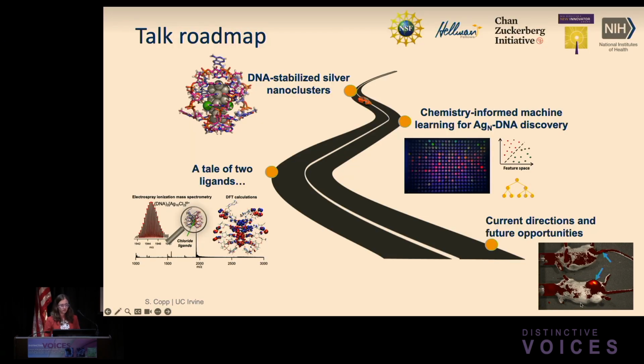And so that's the story I'm going to tell you today. For the second half of the talk, I'll tell you two short stories. One about how my lab is using high-throughput experiments and machine learning to design near-infrared emitting nanoclusters. And then the second is a mystery that we've solved that actually led us to an exciting discovery about their biocompatibility. So let's get started